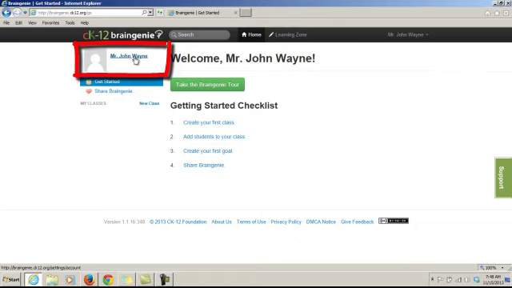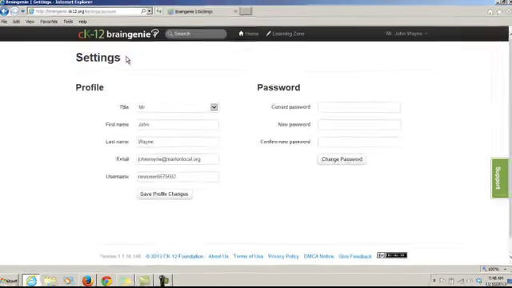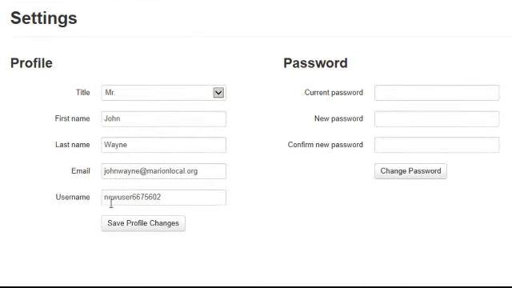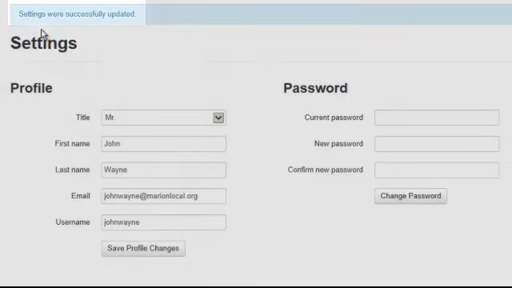At the initial screen, if you have never used BrainGenie before, the first thing you should do is click on your name in the upper left hand corner and verify the information. You can give yourself a username so you do not always have to enter the full email address. So I'll enter a username and save those profile changes,